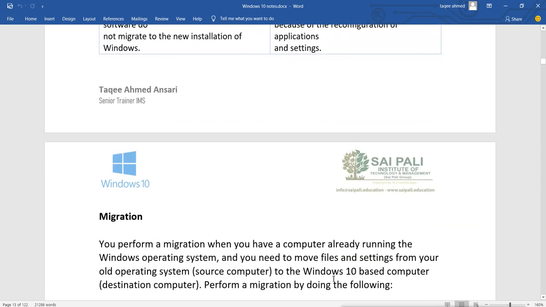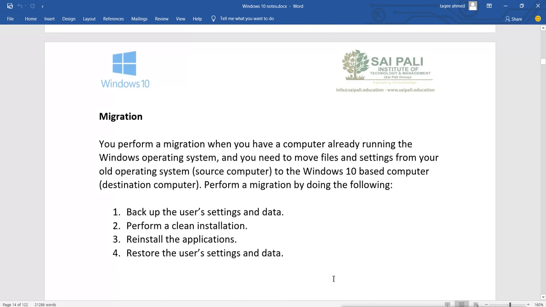Now upgrading is very simple. We can do an upgrade by using the upgrade option from the installation steps. We just add the installation DVD, start the installation, and instead of selecting the custom installation, we select the upgrade and it will upgrade. But for doing the migration,